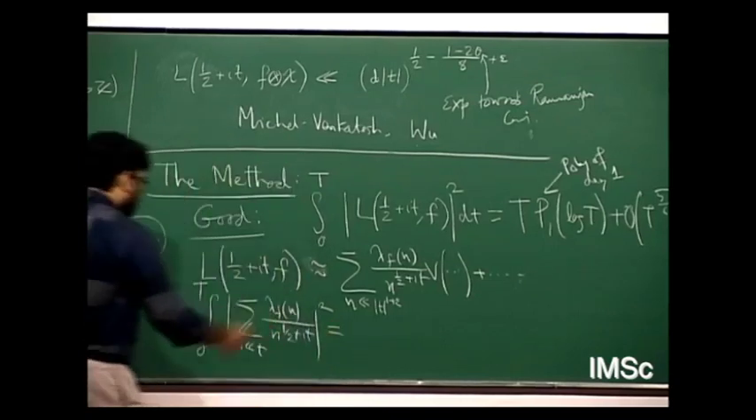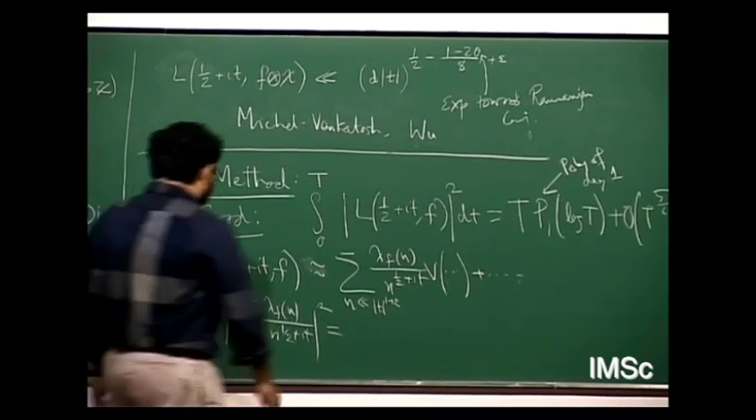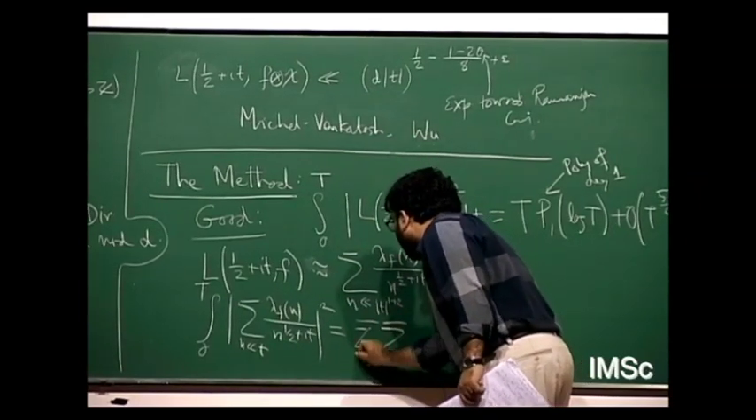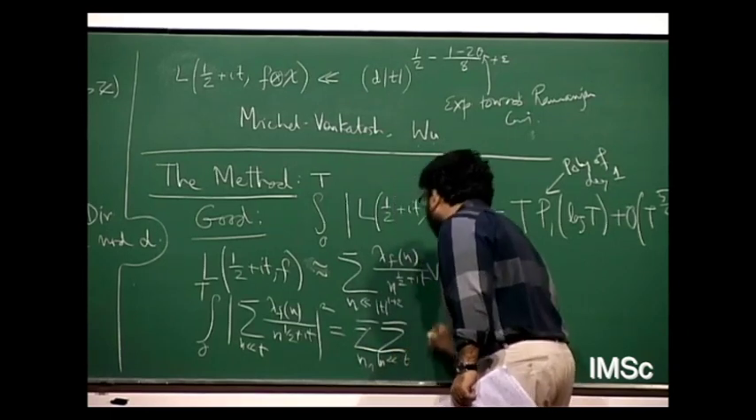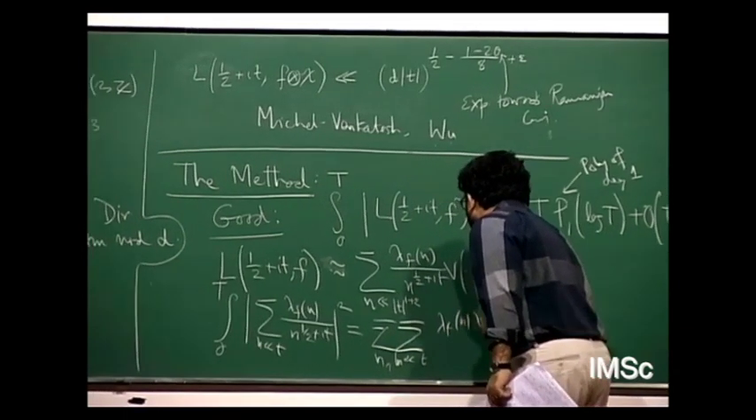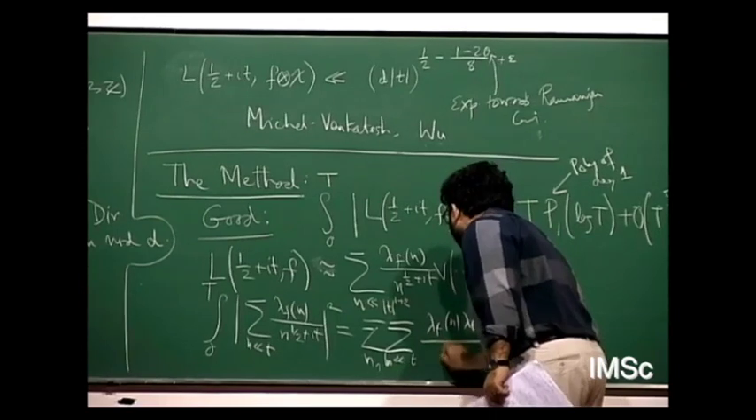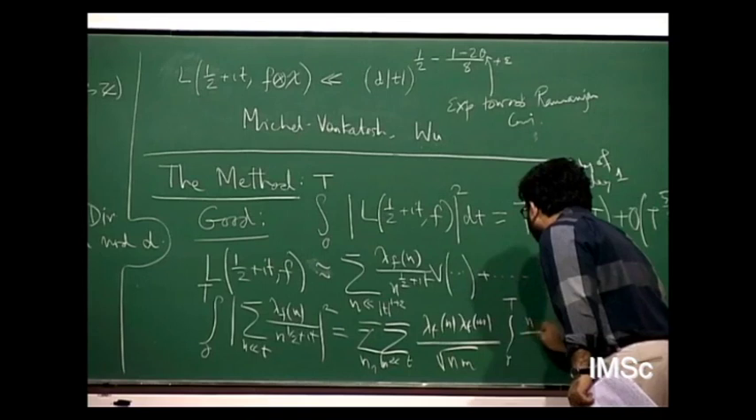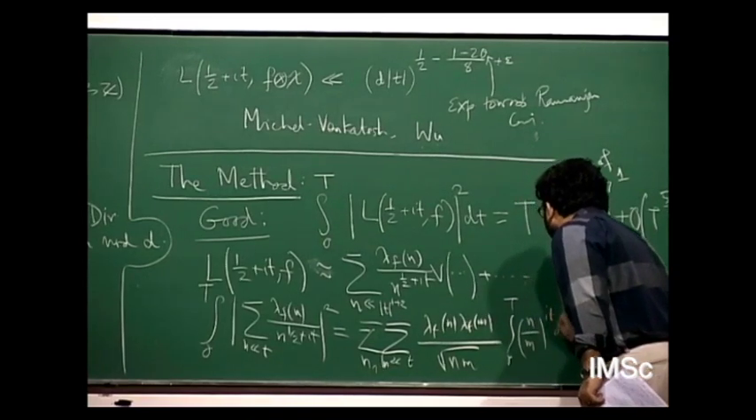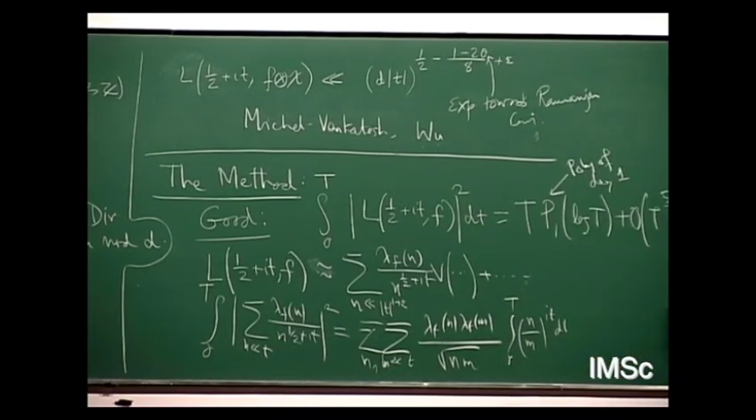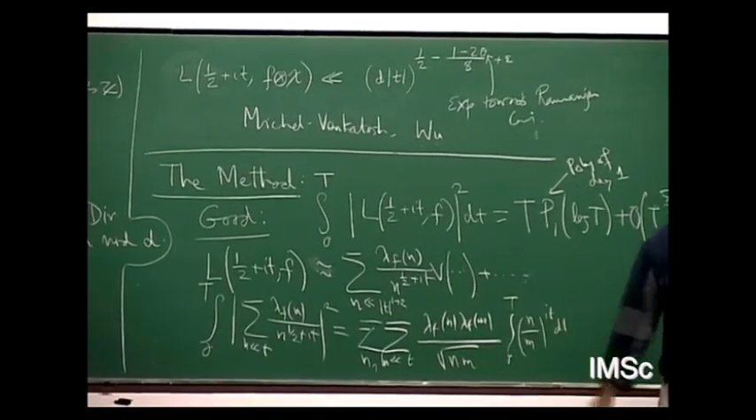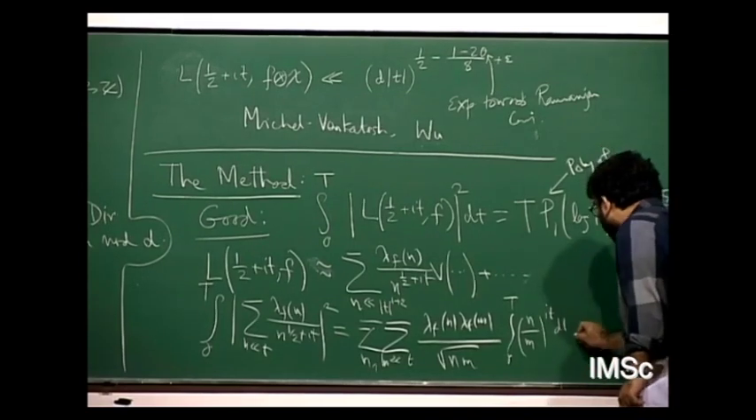And then you open the absolute square, and then you do the integral. So you have a double sum over n and m going up to t, of lambda_f(n) lambda_f(m) by the square root of nm, and then an integral from 0 to t of something like (n/m) to the power it dt. It's an oscillating integral, and it will be small if the distance between n and m is larger than t to the power epsilon. So you'll end up with a shifted convolution sum,